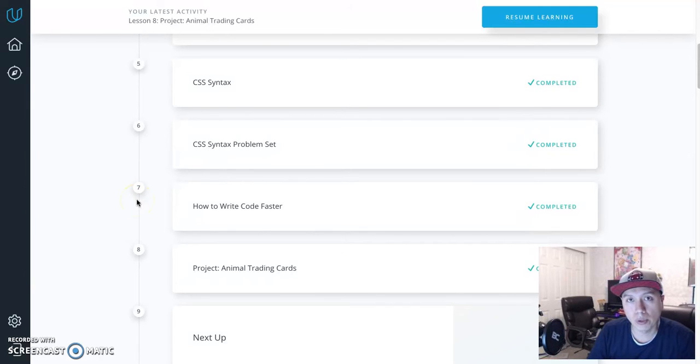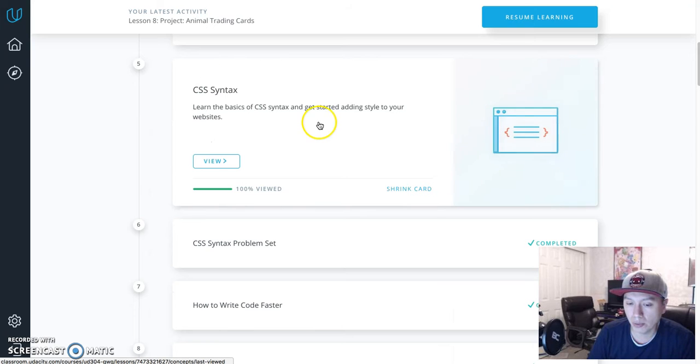This is the end of week 2 of Udacity's Grow with Google Challenge. This week was about CSS, so the lessons were CSS syntax was the first unit. After that, there was a set of problems, and after that, there was a section on how to write code faster, and then there was a final project called Animal Trading Cards. So the CSS syntax section basically went over